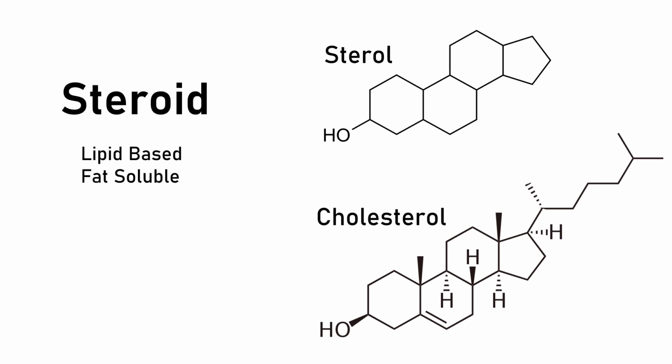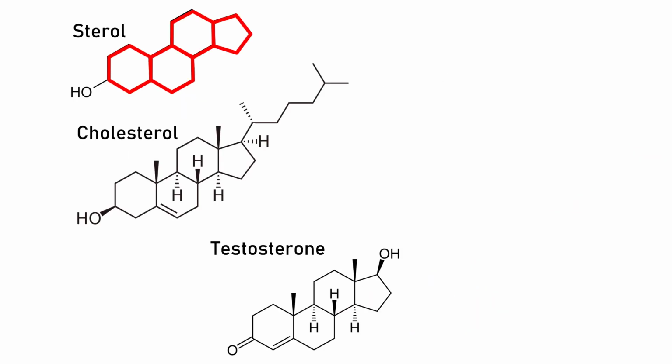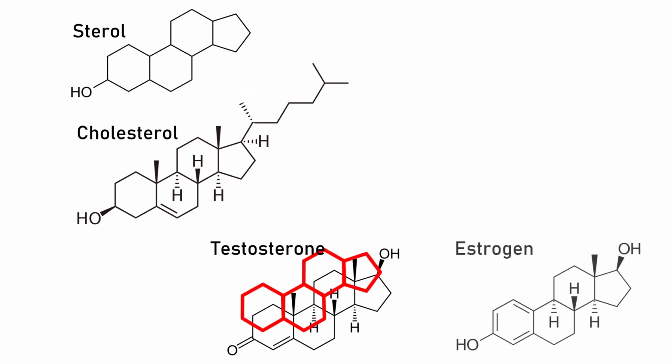So your body needs cholesterol because it forms the backdrop of all of our cell membranes and all of these really wonderful steroid fat-based hormones that we need. And as you can see here, that steroid molecule is those three hexagons and one pentagon. That's reflected here in this cholesterol backbone, and then it just varies a little bit on the distal end of what's connected or attached there. But if you look at cholesterol here, you can see sterol, which is the backbone of cholesterol, which makes the foundation of testosterone.